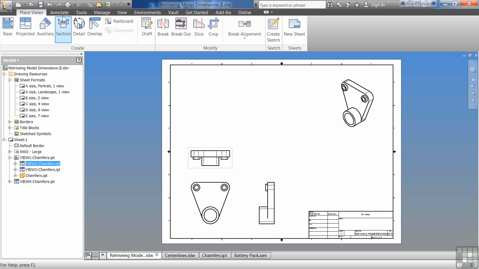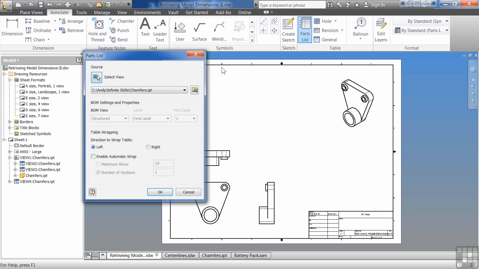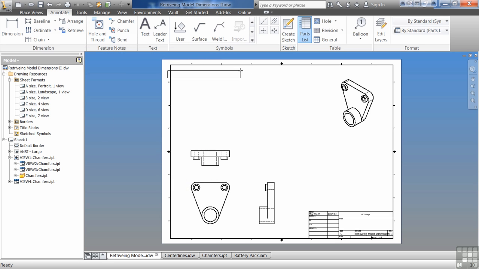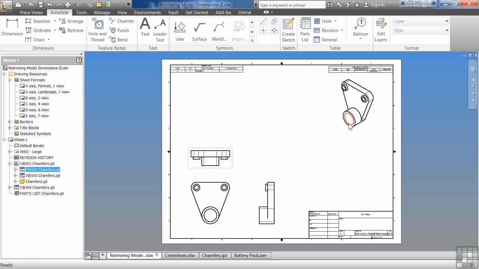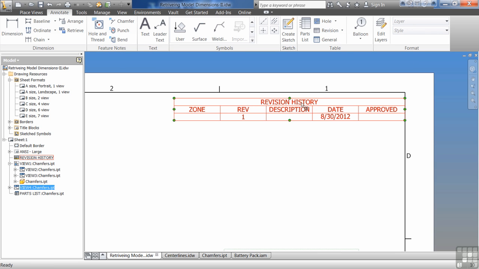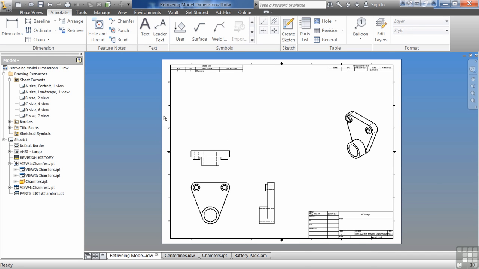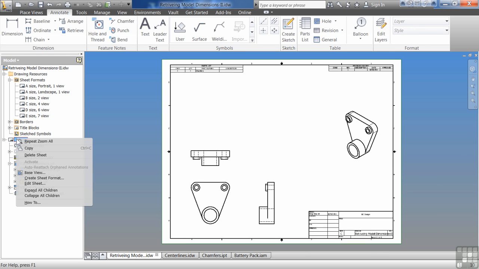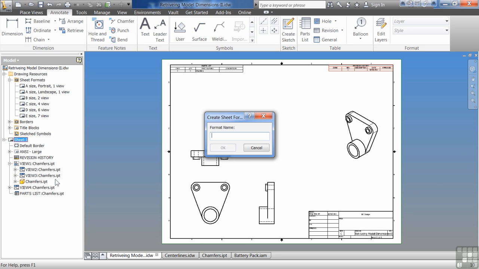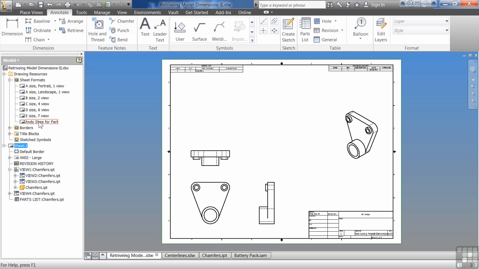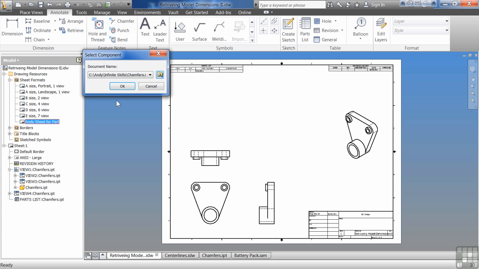Maybe you have a parts list up here that you do every time. This isn't going to be an assembly, so there's not going to be a whole terrible lot to it. You have a revision table up here in this corner. Zoom in here. Get everything kind of the way you want it. Make sure you have room for everything. And what you can do is you can right click on sheet 1 and say create sheet format. What you can do now is you can right click on this, say new sheet, and it'll ask you what